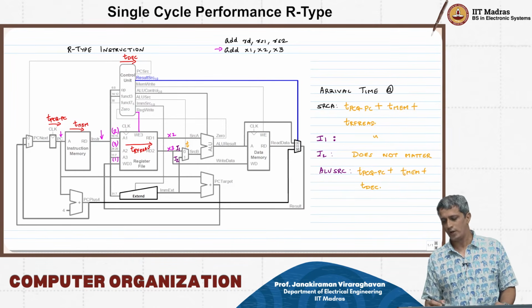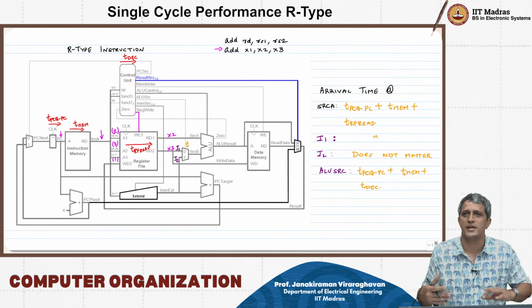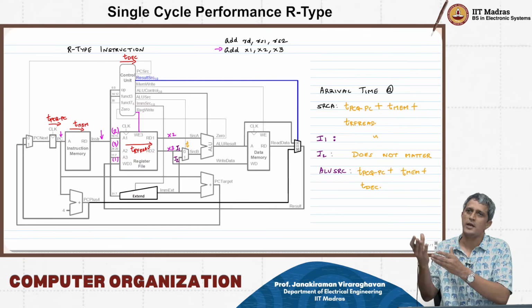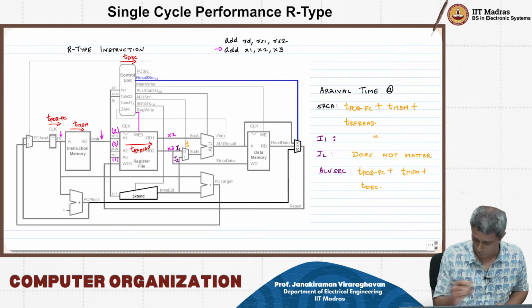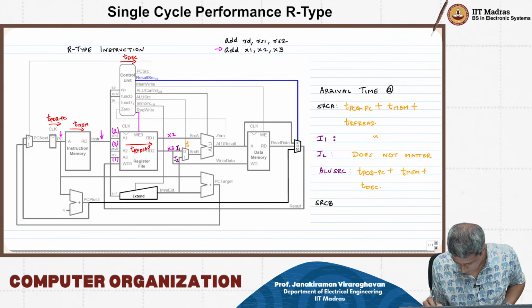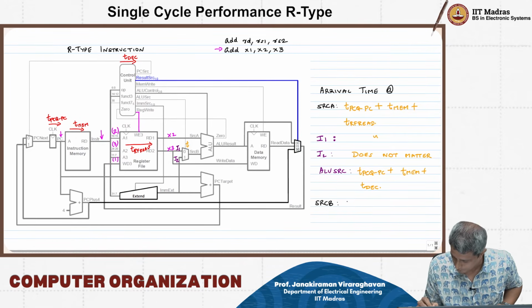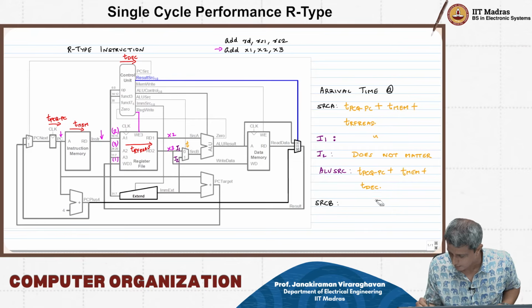Now if you look at the arrival time, what is the arrival time at the output of the mux? It is basically the maximum arrival time at all the inputs plus the delay through the mux. So the arrival time at source B, what is that? At source B, it is going to be the maximum of